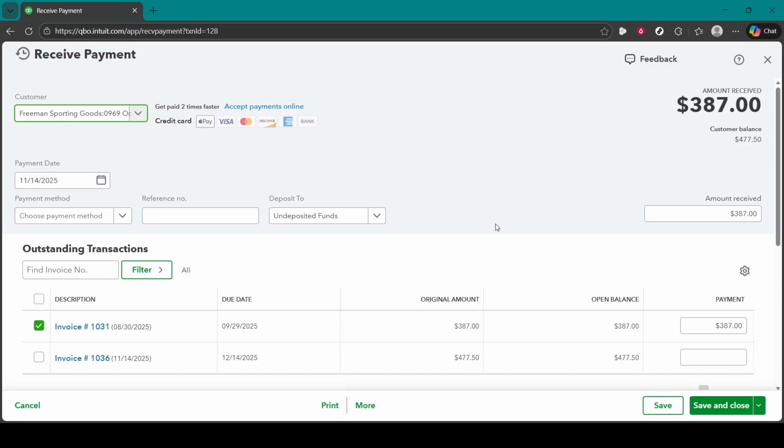When you're satisfied, click Save. If QuickBooks prompts you to confirm, go ahead and confirm the update. You'll return to the Money Received list where you can refresh to verify the new details. It's a good idea to glance at the related invoice to confirm the status and balance are correct after your